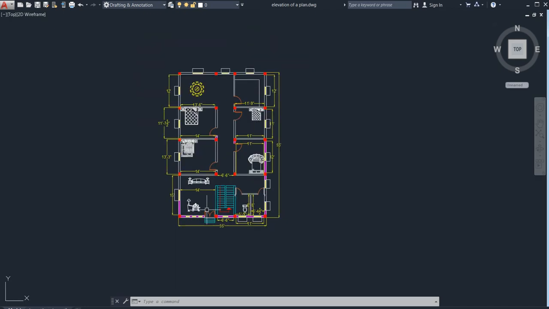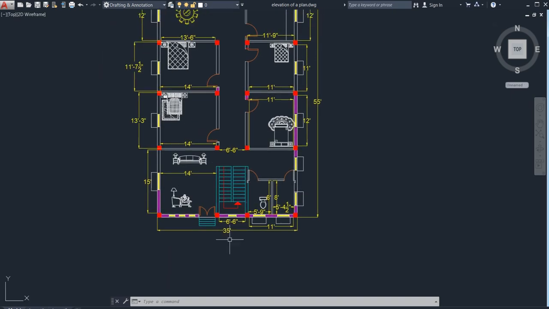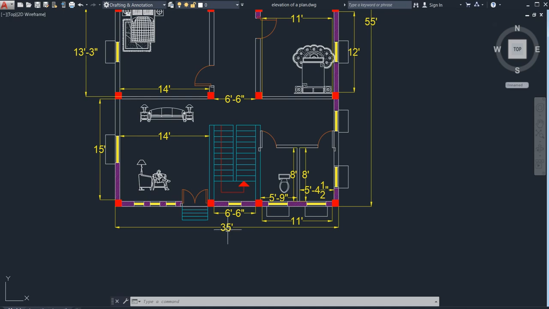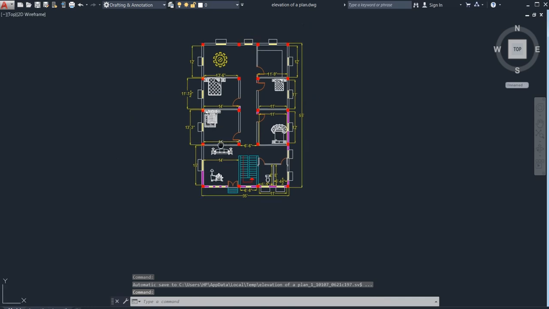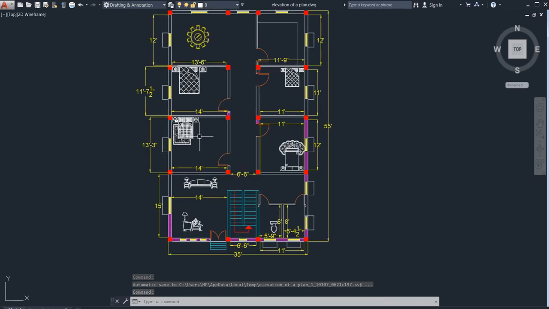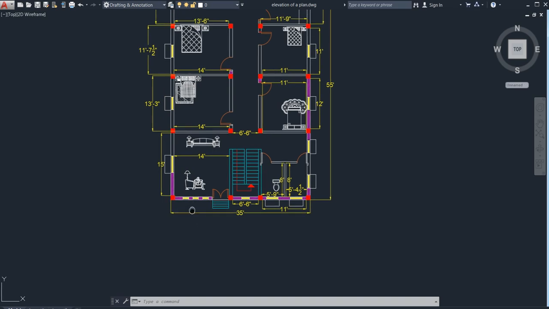So as you can see, this is my building plan having a plinth area of 35 feet into 55 feet. In this tutorial, I will tell you how to read this building plan and also how to draw it.